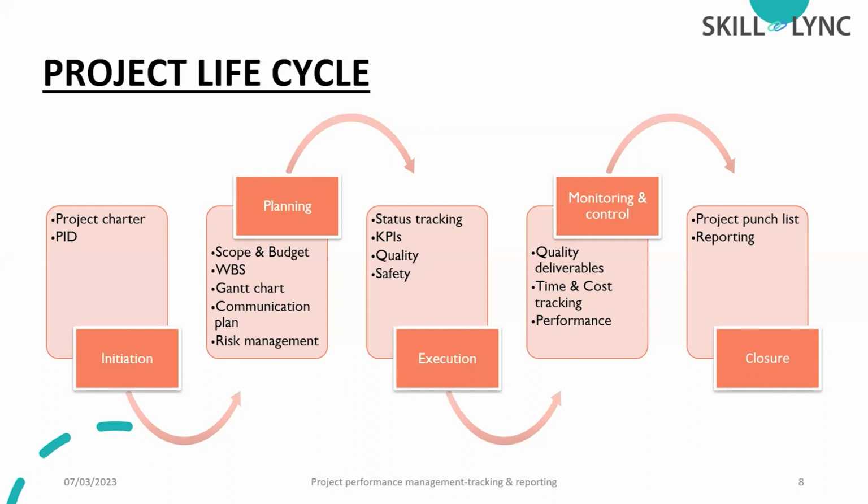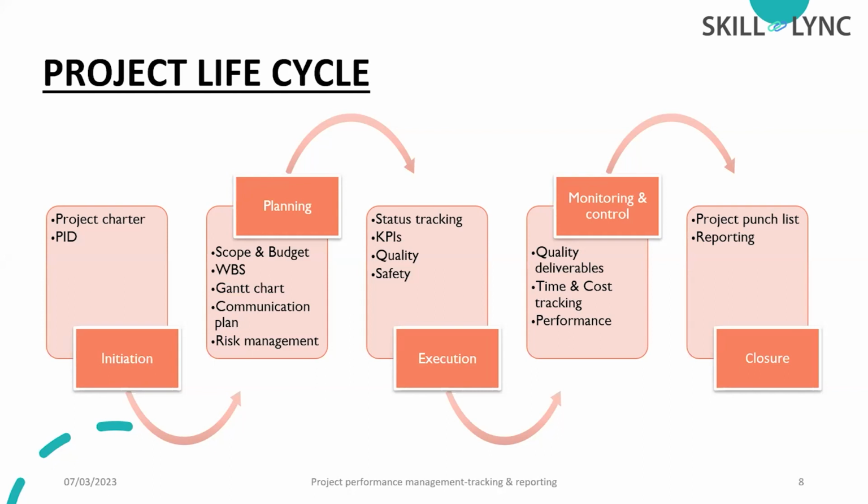Here we are going to define the scope in a proper way, and we are going to fix the budget of the project. Then after fixing the budget, we will prepare a set of activities, and we will divide the entire construction project into different categories, which we call the work breakdown structure. Simply, we are breaking down the entire construction project into easily dividable steps or methods. Then we will present the output in the form of a Gantt chart, and we will prepare a proper communication plan, which means how to properly streamline the entire construction process, like to whom we have to connect for one particular activity. Then we will come up with a proper risk management plan.